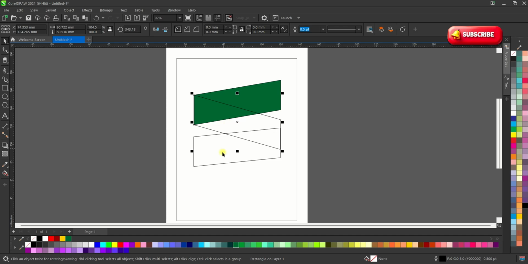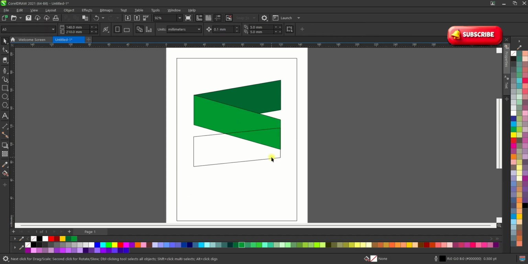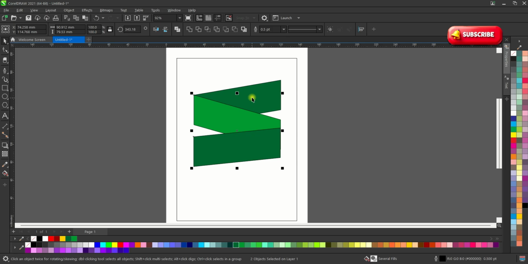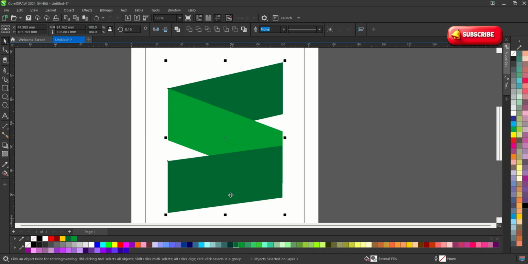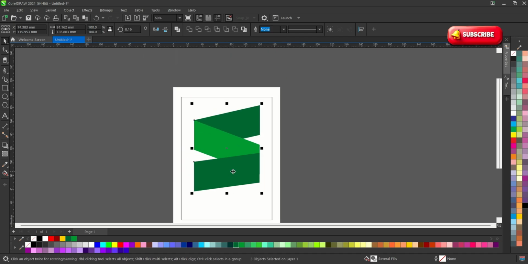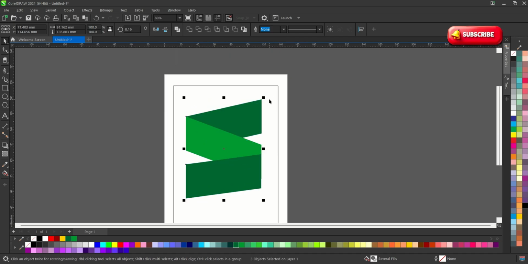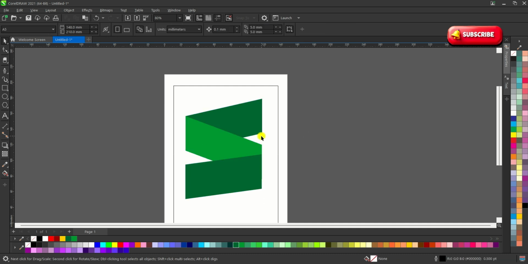So now let's give it a color. Let's work with green, a lighter green, then a darker green like this. So select all and then remove the outline. Look at the removal of this outline. So select all of them and then try to stretch. Let's see. So on this angle like this, you can try to stretch it. Then basically we are looking at something that